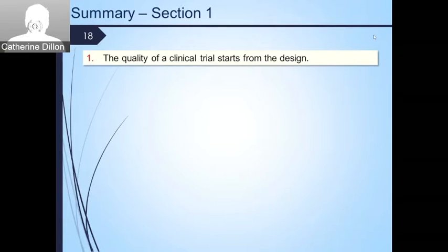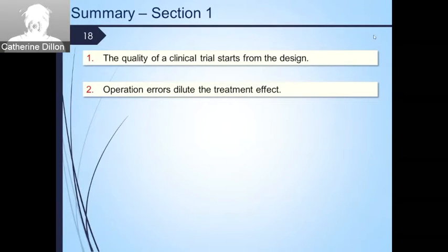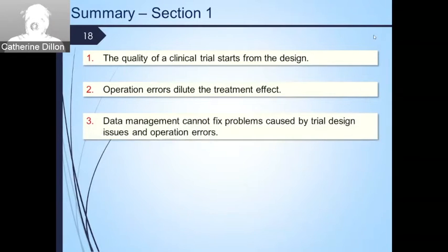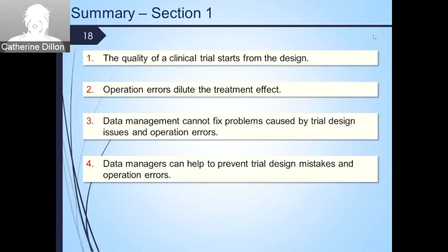So the quality of a clinical trial starts from the design. Operation errors dilute the treatment effect. We just saw how that happened. And data managers can't fix these problems, right? Once the problems have already happened, there's nothing a data manager can do to fix your data. But we can help to prevent it. We can prevent trial design mistakes and operation errors, and with a focus on risk, preventing these problems that can really sabotage